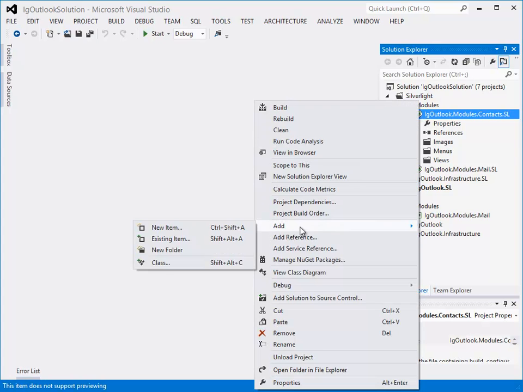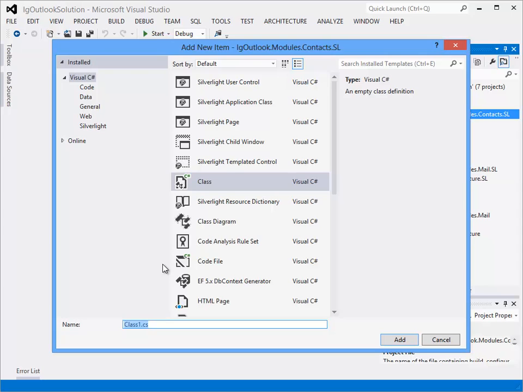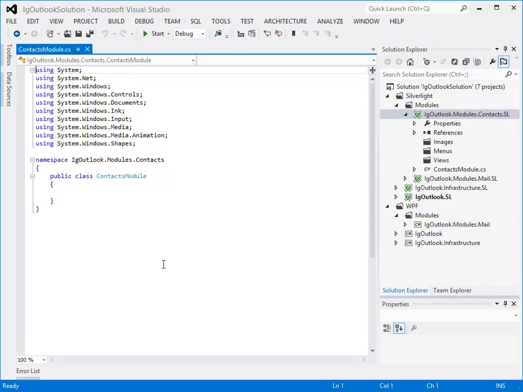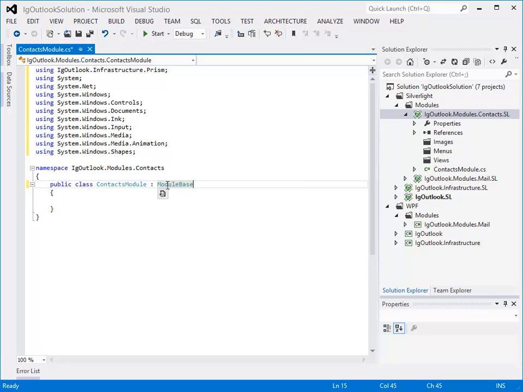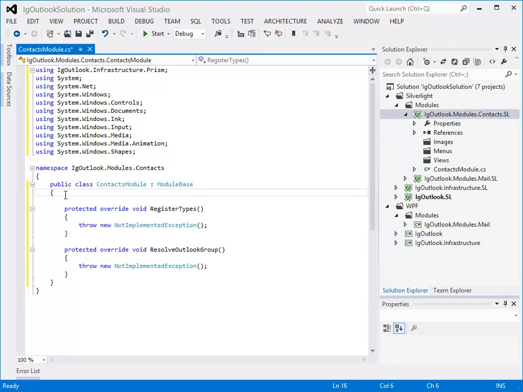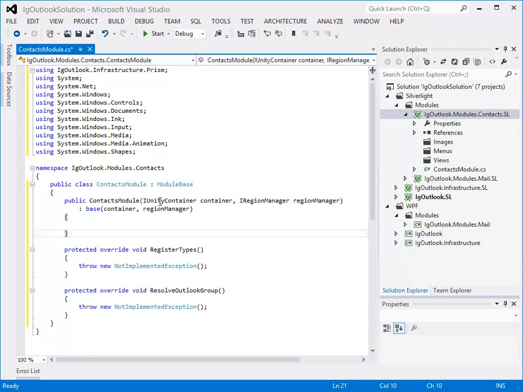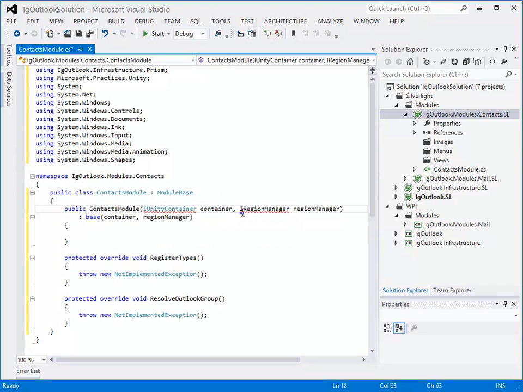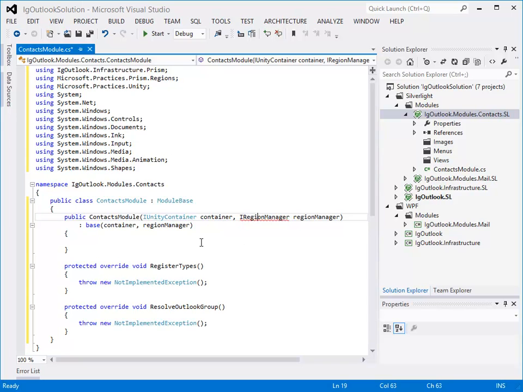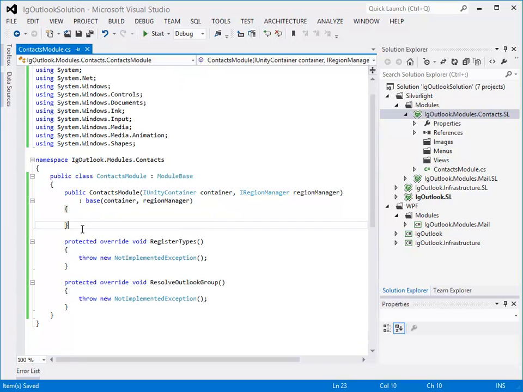Of course, if we're dealing with a module here, we need to add a new class. We're going to call this ContactsModule. And of course, this is going to derive from our ModuleBase class in our infrastructure. We need our constructor. Alright, now that we have a class that says this module is a module, in fact,